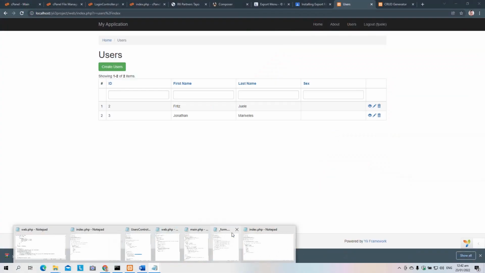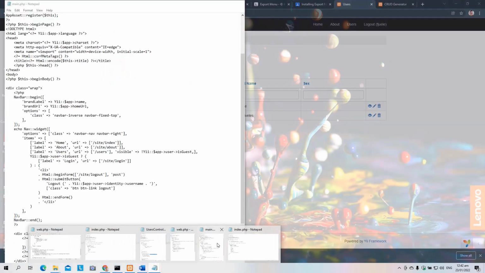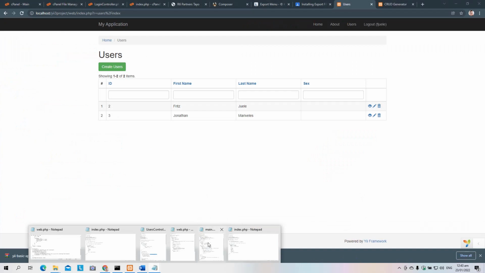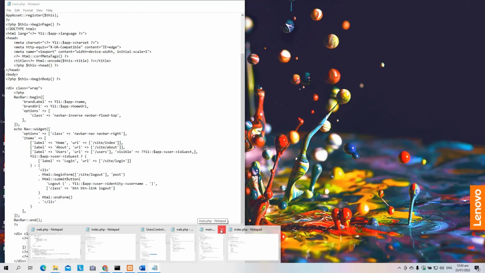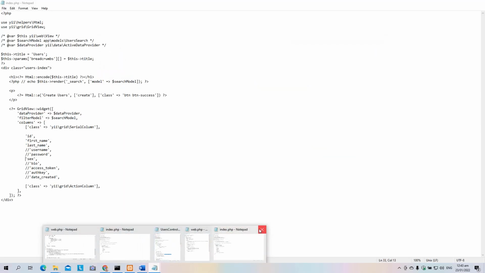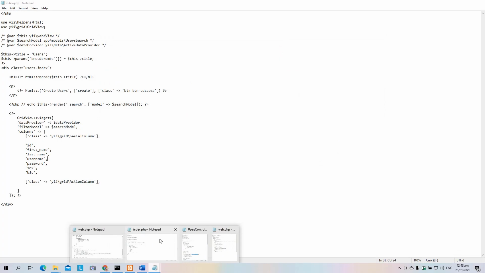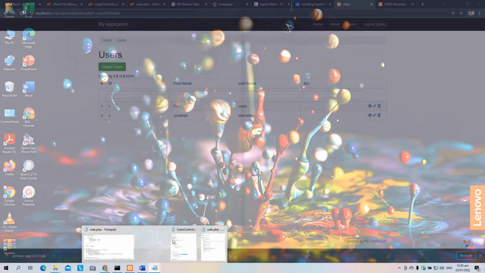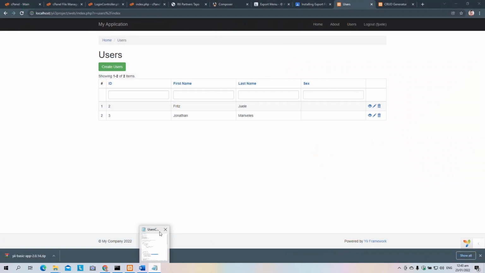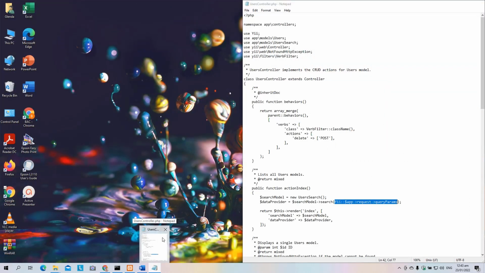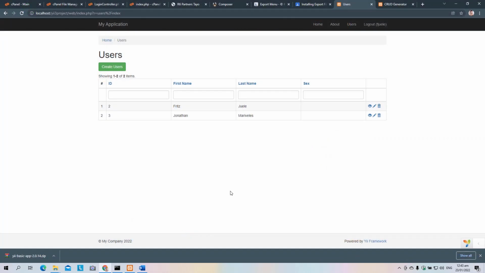Let's just close it here. Close the main PHP, the index, web.php. Just gonna close everything here. Okay, and now I think we're ready to